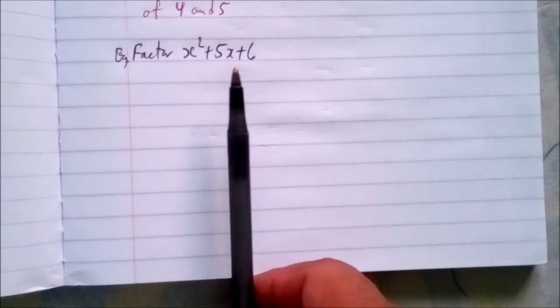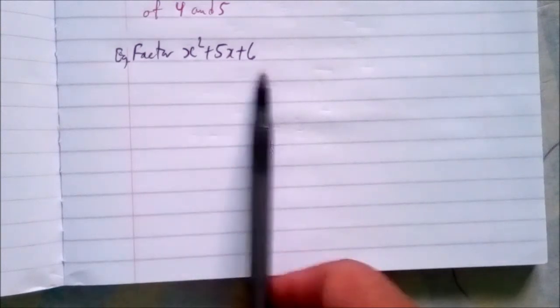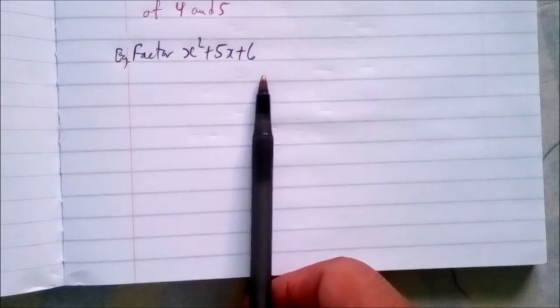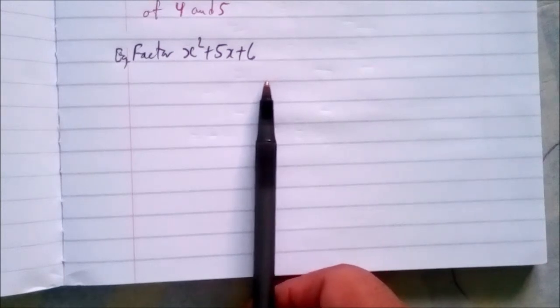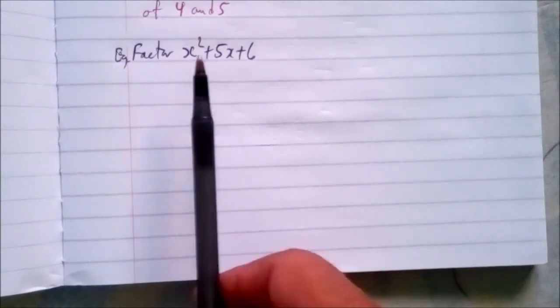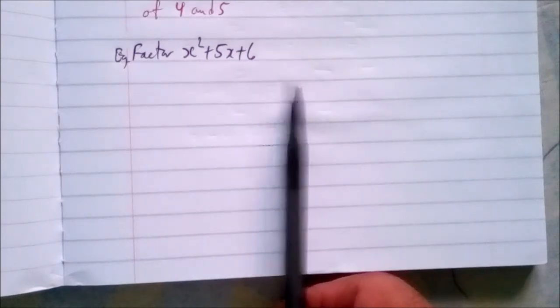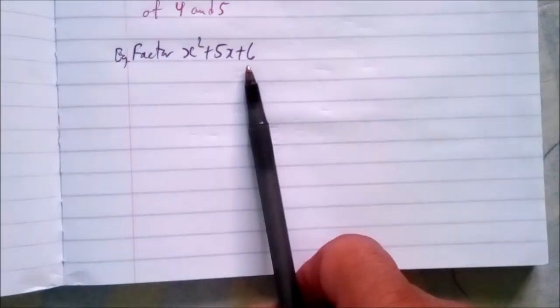Since the terms x squared plus 5x and 6 do not have a common factor other than 1, the only option available to try to factor is as the product of two binomials. Solution. Since the first term of the trinomial is x squared, the first term of each binomial factor must be x. Okay? So to fill in the blanks, we must find two integers whose product is 6 and whose